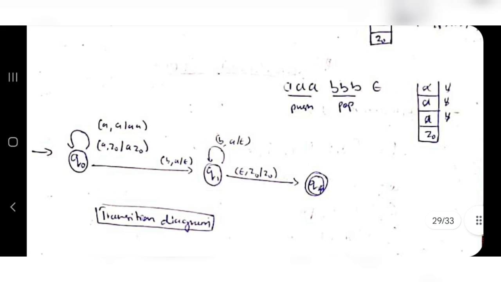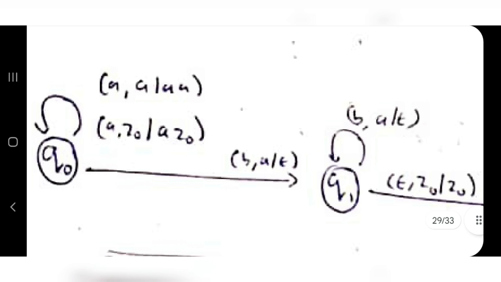Okay, so in the transition diagram we'll be starting from Q0. We don't know how many states there are, we are starting from the starting state, which is Q0, and then we will be writing the statements in this form. As you can see here, starting from Q0, we are passing through a and z0, and we have written a z0. What does this mean? Okay, so the format is of this type. We are starting, and what is the input? This is the input a.